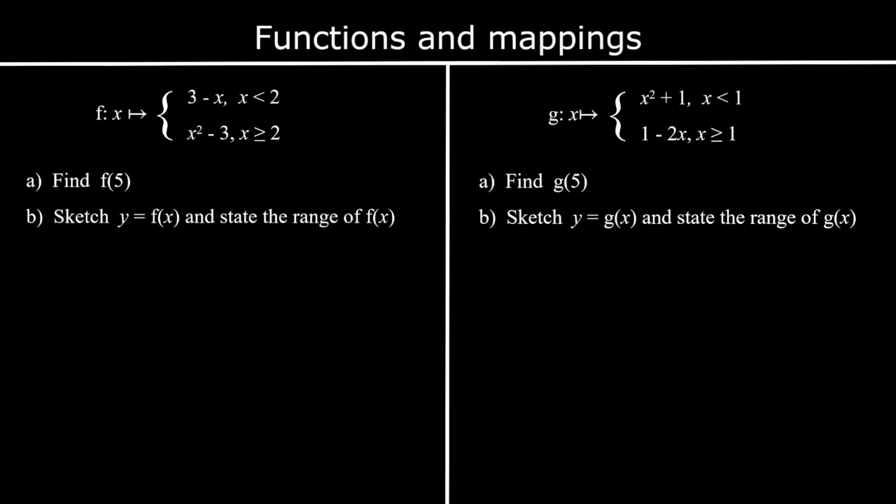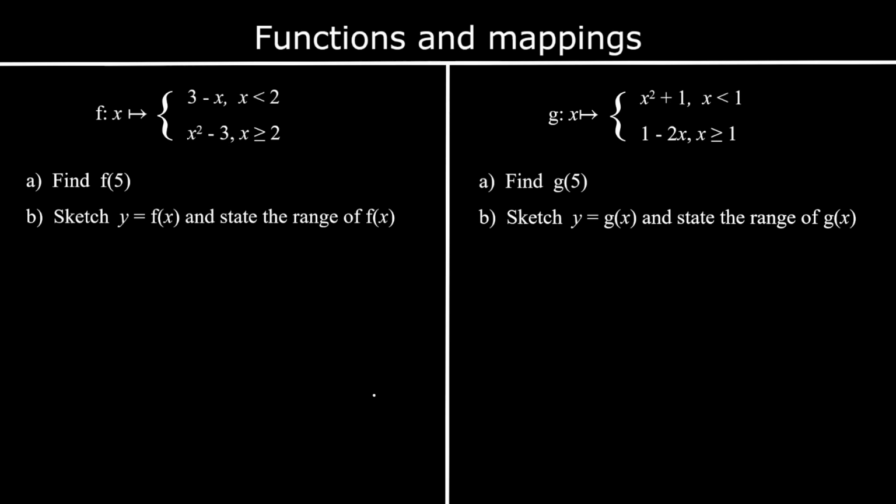And another one. So some different notation here. So f of x, this is just another way of writing f of x. The function f is 3 minus x when x is less than 2, and it's x squared minus 3 when x is greater than or equal to 2. So there's a different equation, different function,